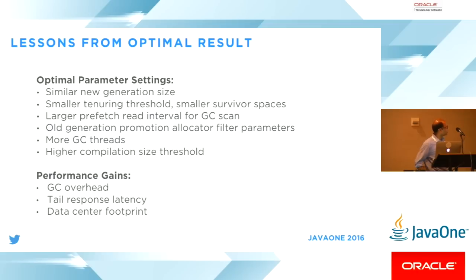And finally, we found that there's a compilation size threshold that is used by the JIT to do inlining. So if the amount of inlining that we do results in a very large method, then at some point the inliner will stop and say, okay, I don't want to inline more because the resulting method might become too large. It turns out that in this case that threshold setting was perhaps too low, and by having a larger